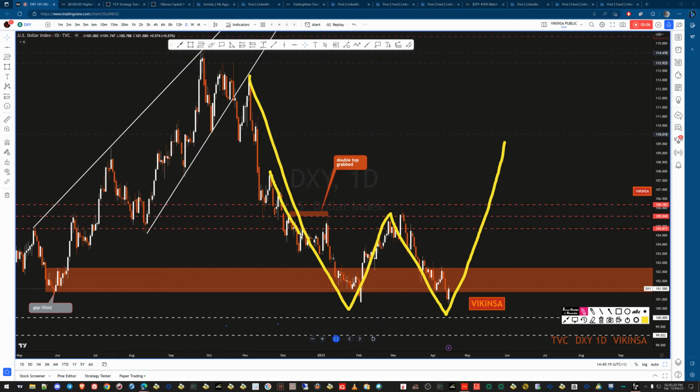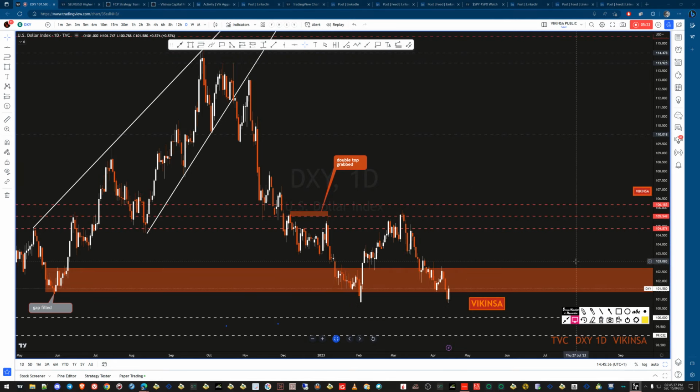There is a smaller W pattern in the middle as well, so it can push back into one of these levels and then start to fall down. So you have to be careful of these levels, and then if the market continues to go up, then 110 will be approximately that level. Okay, so this is what we have on the bullish side.